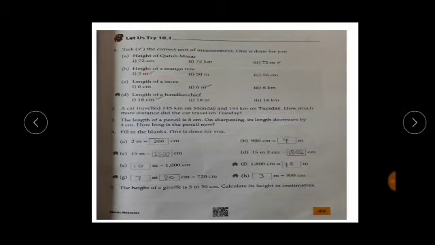Then height of a mango tree, not centimeter, not kilometer, it's 5 meter. Length of a sari, sure, it's 6 meter. Length of handkerchief. Handkerchief is the small size object, so its measurement must be in centimeter, so it's 18 centimeter, not 18 meter, not 18 kilometer, it's 18 centimeter. Okay, then second and third questions let's discuss later and go to the fourth question.